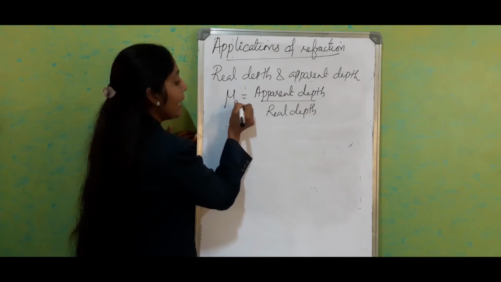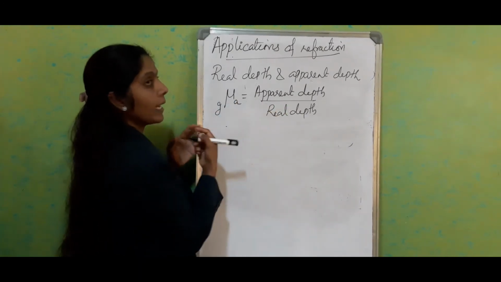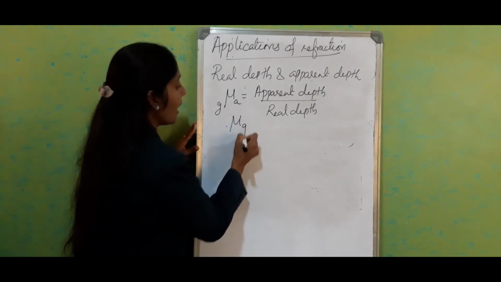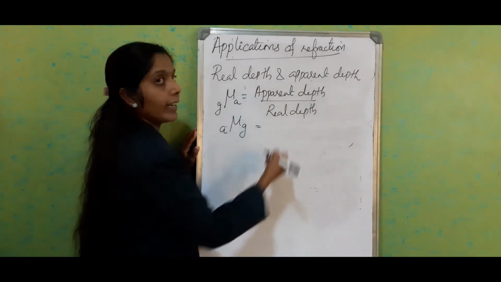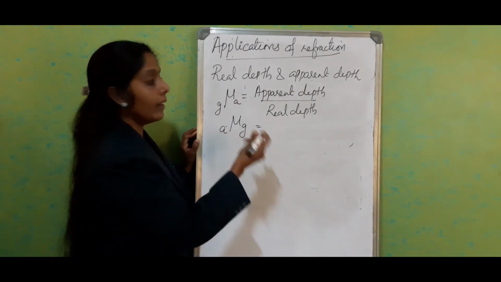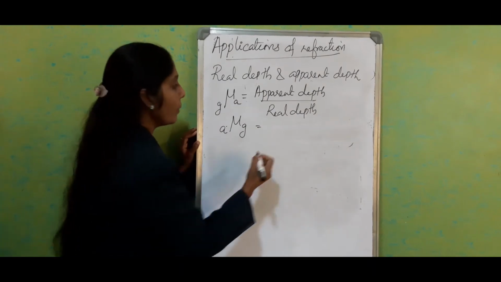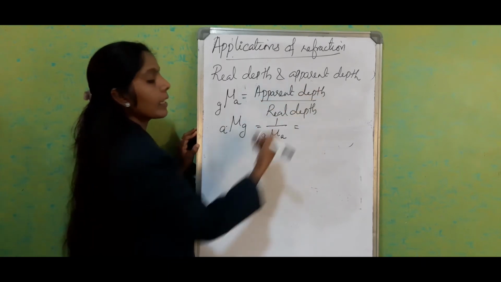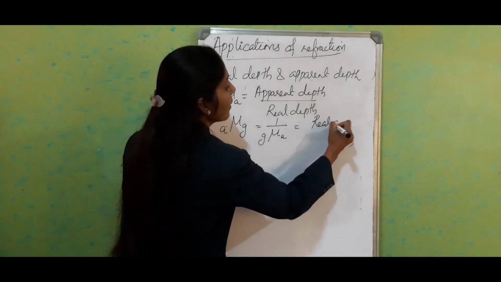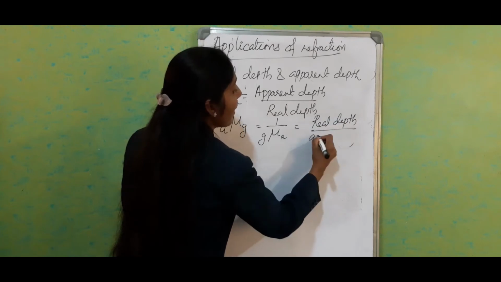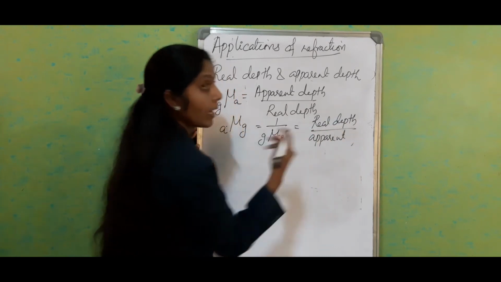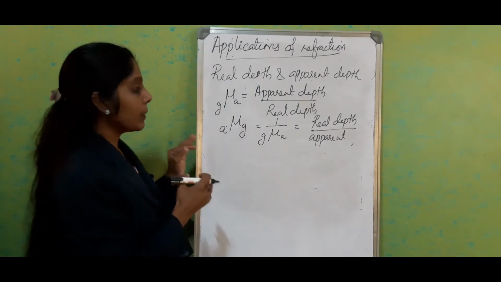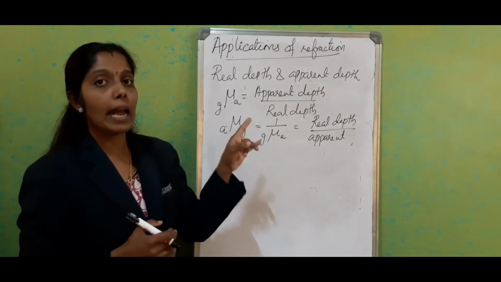So that much, the image or the view of the object is shifted or lifted up. This we can write as air with respect to glass. Then what is the refractive index of glass with respect to air? We studied the principle of reversibility: 1 by the refractive index of the other medium. So how can we rewrite the equation? Real depth by apparent depth, because we are watching from below. So the refractive index of glass with respect to air is equal to real depth by apparent depth.